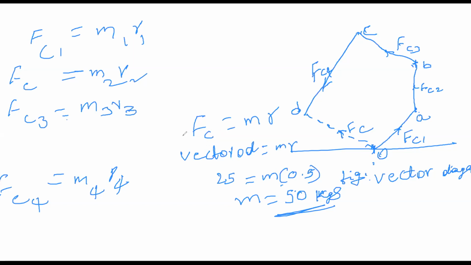And how do we find the FC value? When we measure the vector OD, for example, if you get 2.5 centimeter, that value is taken as 25 Newton meter. In the product MR, R is known and the unknown is the balancing mass. So that balancing mass is calculated with the help of calculation. So this is the graphical method. Do you understand?